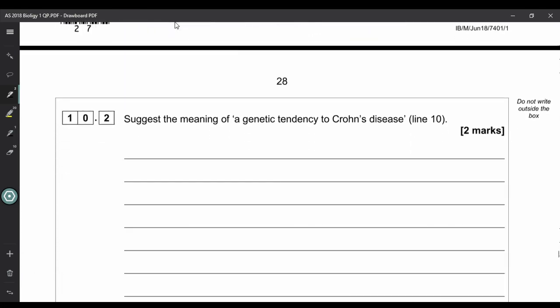Suggest the meaning of a genetic tendency in Crohn's disease. So we've got to be quite specific here and use, as I've mentioned before, specific language because we're doing A-level. So terms like people passing it on are just not good enough. We're not going to get the marks. So when people have a genetic tendency, we're talking about a mutation or an allele. So let's start there. So we can say that some people